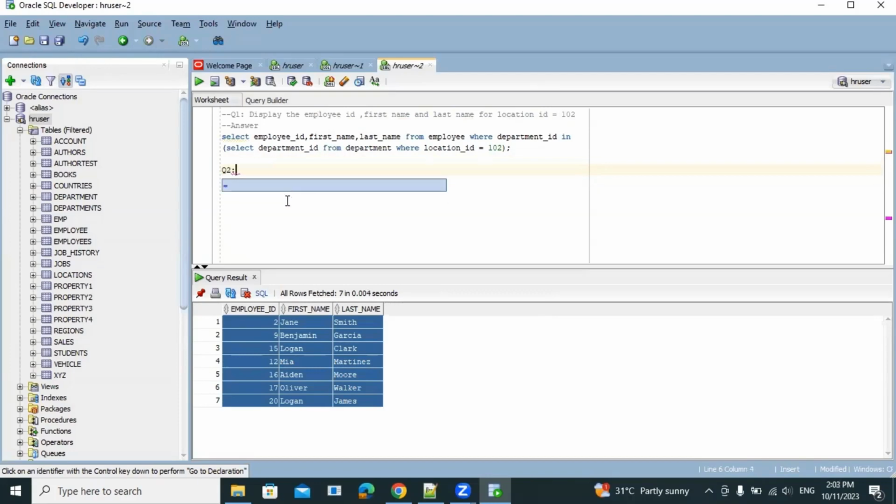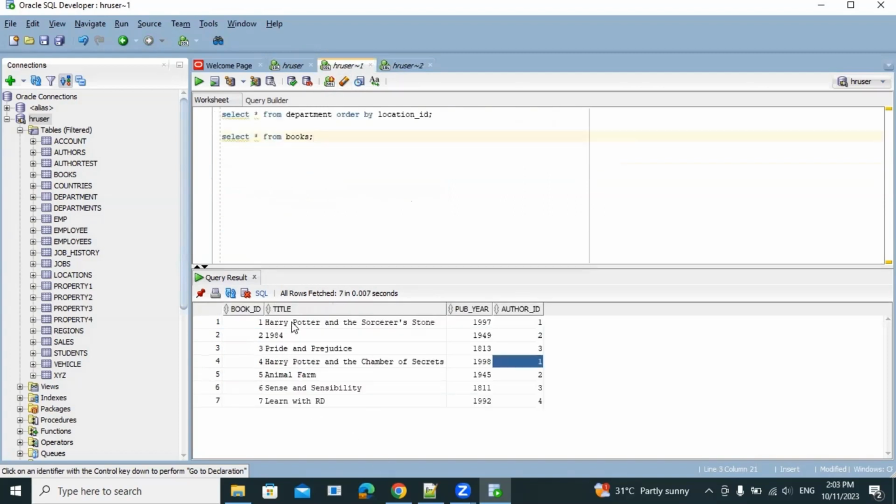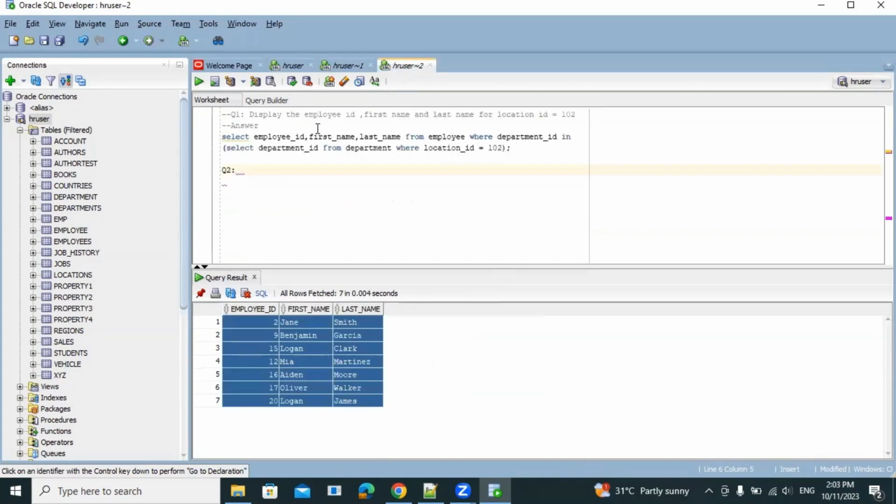Question 2. If someone asks you, I want to display the title and publication year for author J.K. Rowling's. Okay, if someone asks you a question that says display the title and publication year for author J.K. Rowling's,